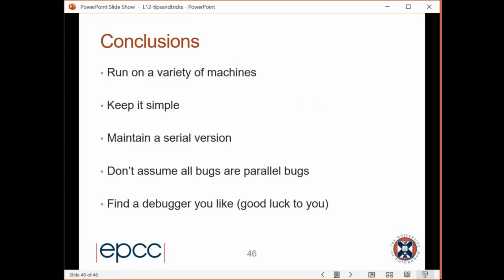Keep it simple. Don't use non-blocking when you don't need it. Maintain a serial version if you can, which will allow you to always check your code is correct. Don't assume all bugs are parallel bugs. That is the biggest mistake you make. And find a debugger you like. Or if it's your own code, I say actually debuggers are often not as useful as a good test suite